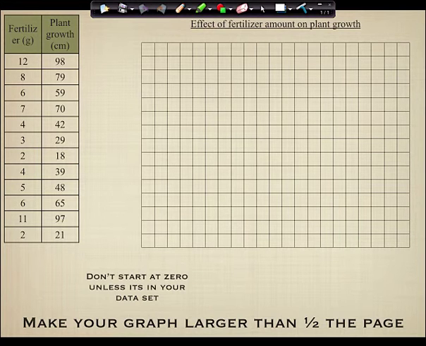Because you've always got to put a title on your graph. Now, we've already had this conversation, but maybe we should make it a note point. But guys, once we've titled the graph, we're going to label our axes. So this we decided was plant growth. Notice there's units. Then down here on the x-axis, it's fertilizer in grams. So maybe your note point should be: label your axes with units.